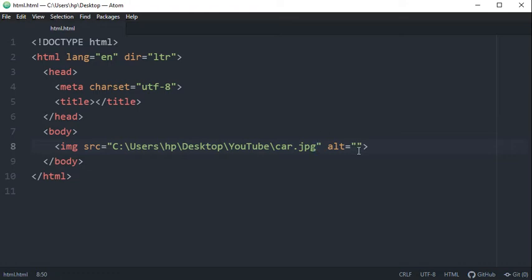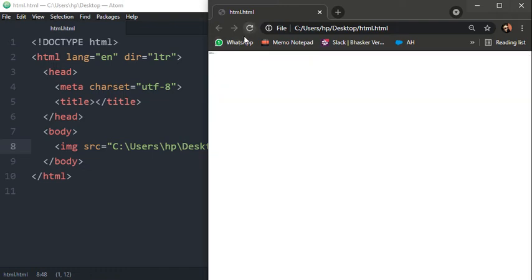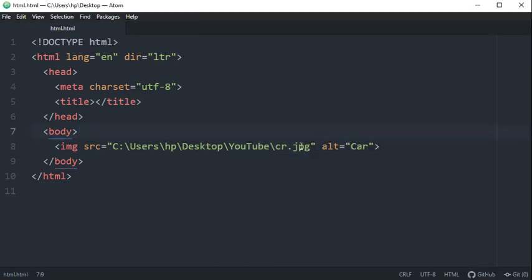Now I've not explained about this. This is alt, an alternative message in case your image is missing or corrupted. This alt will display whatever message you type over here. For example, suppose I'm making a mistake in defining this image. Then this alt will simply display the message. I'm zooming in, resetting it. You can see the message is displayed over here because our image is corrupted, since I've not provided the correct name. So our alt message is displayed.